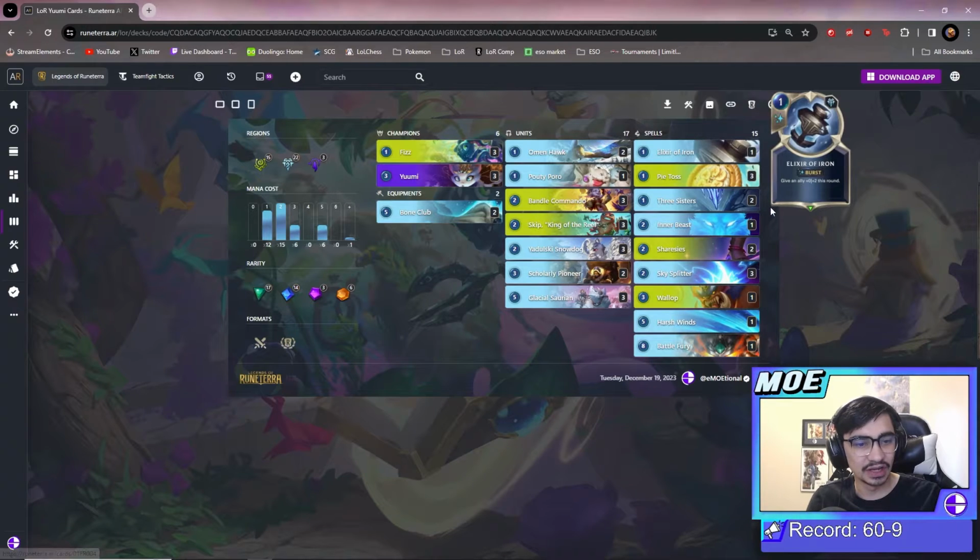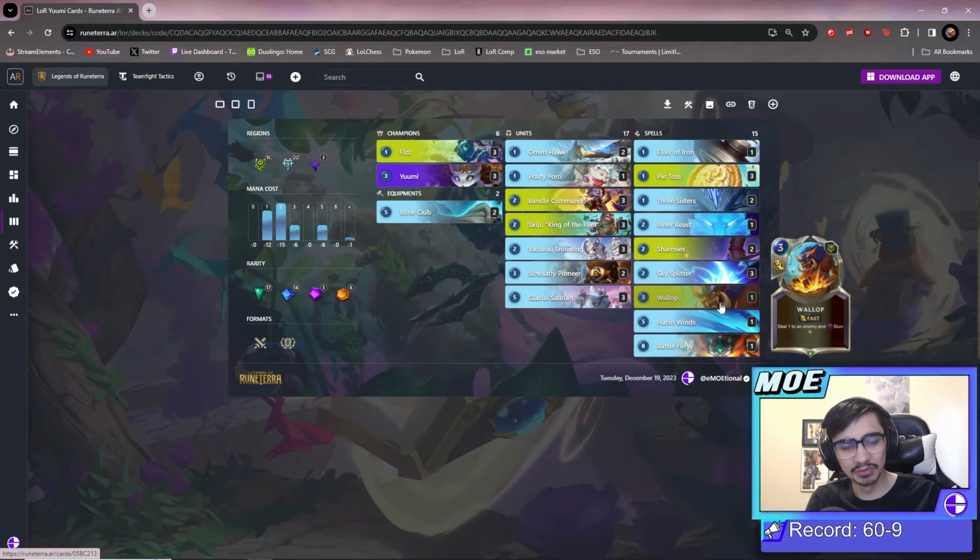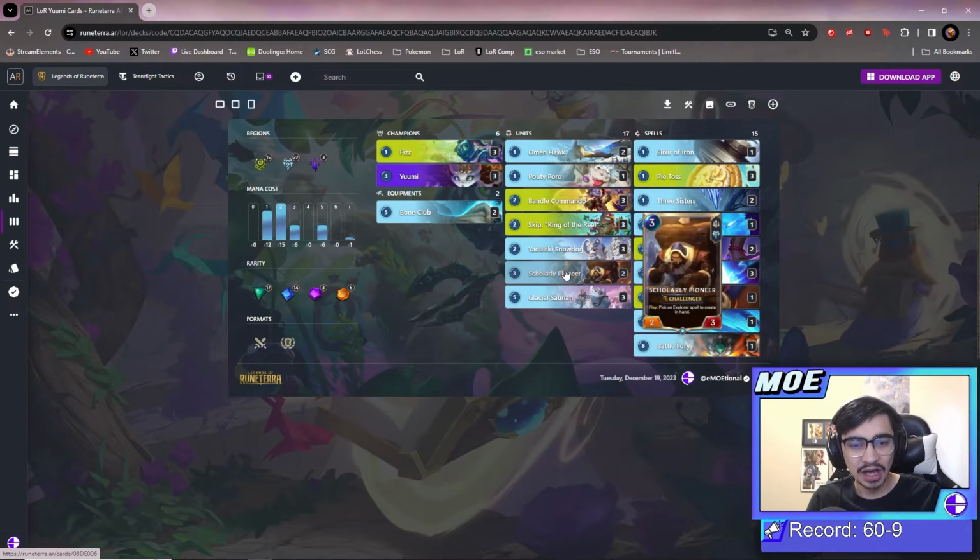So like Elixir of Iron, Inner Beast, Sky Splitter, Battle Fury. A very solid Wallop is also a card that helps you not die. Scholarly Pioneer is a good way to help you push damage most of the time. It either heals your units in the Broadway matchup, heals you against aggro, stops your opponent's elusive blocker from being an elusive blocker, or it can kill a landmark if you're playing against a...